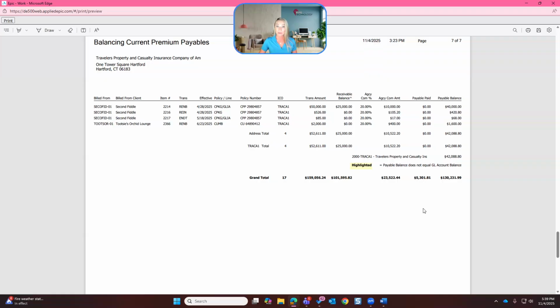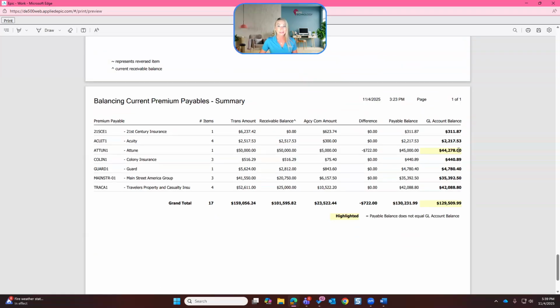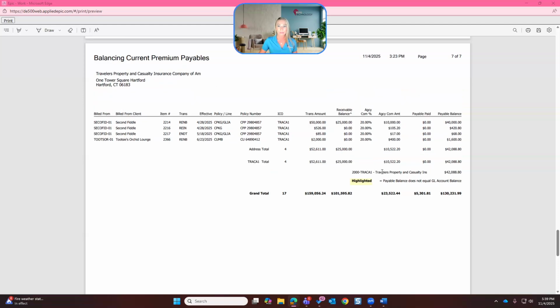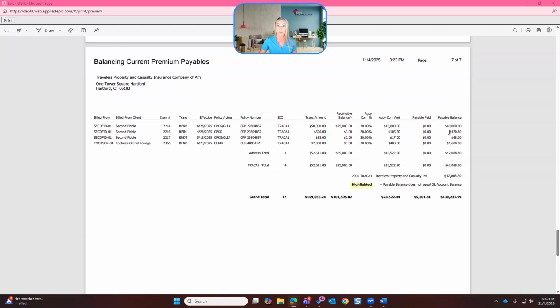And in that report, what you want to keep a lookout for is anything that's out of balance. If you do find that you have some out of balance situations, you want to make sure that you go into your status of accounts report as well and look at the general ledger account for your premium payables. So that could be a 2000. It's typically going to show right here on your premium payables report. It's going to show you what transactions are entered in the system. It's going to show you the total of those transactions, and then what is the balance that is actually in that premium payable GL. So based on those transactions that were entered, here's the total, and these totals should always